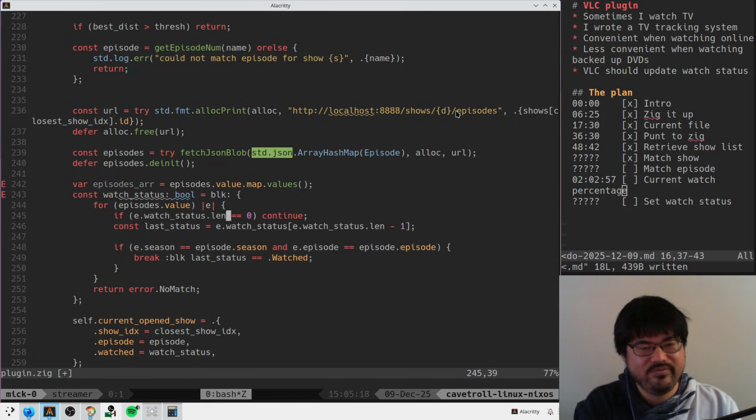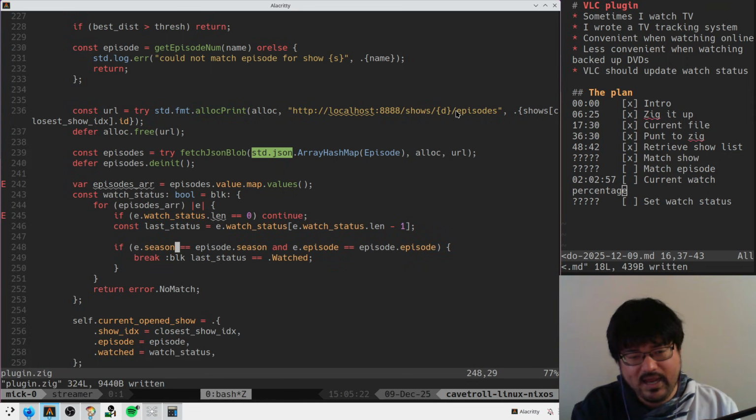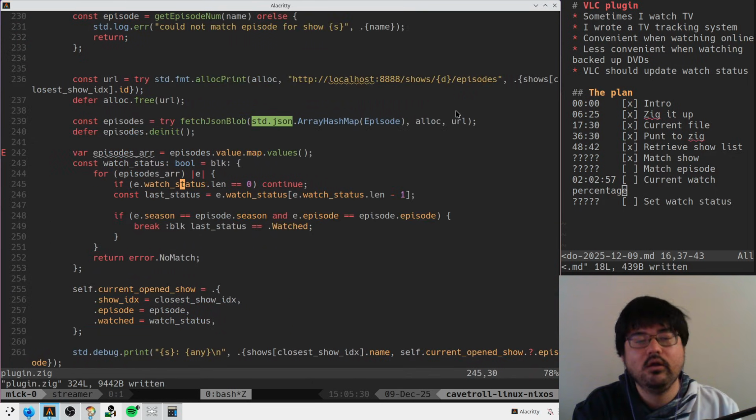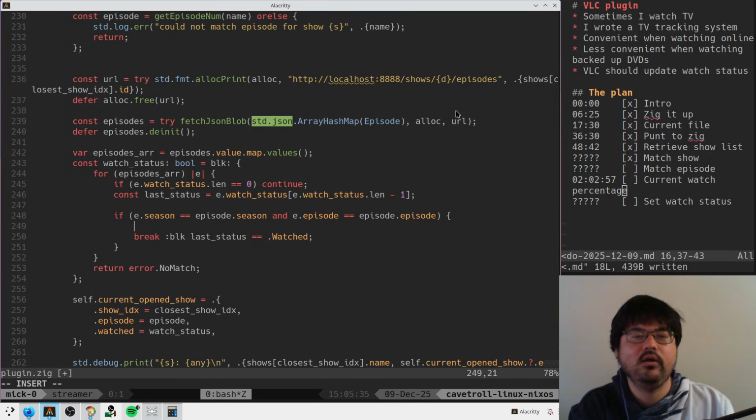There we go. And then in here, we need to look at, I guess this thing is okay to be an array here. Then we're looking for watch status, last status,